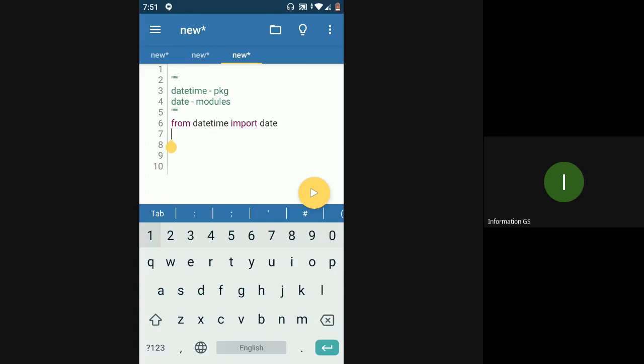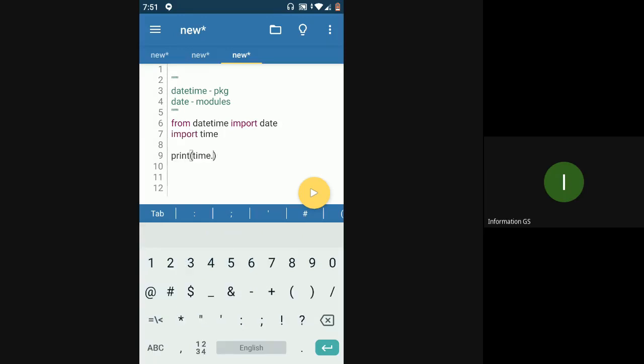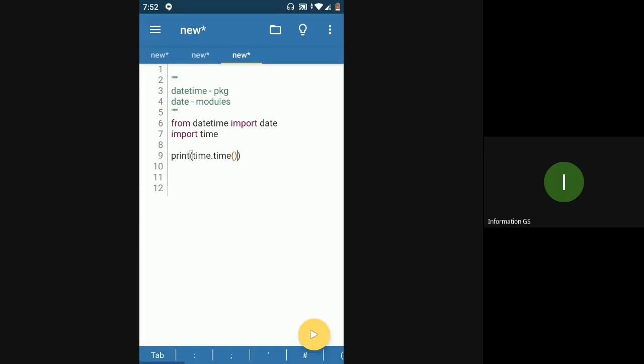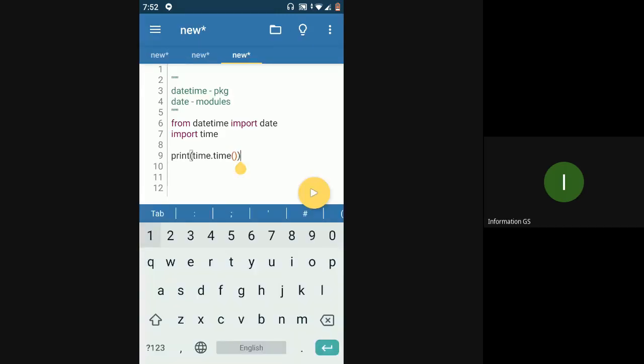Let's take time, import time, and let's try to print time. Time dot time will give you the current time. It might be in milliseconds. Yeah, you can see the current time is in milliseconds. This is basically the time passed from a certain point in history, I think something like the 1980s. This time gets calculated starting from that point in milliseconds, I guess. So you can use time dot time in order to get the current time. One example that I can give you for using time dot time is,